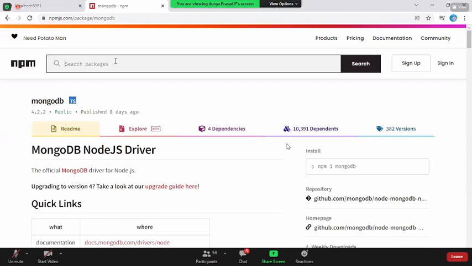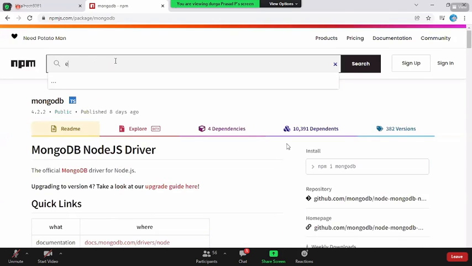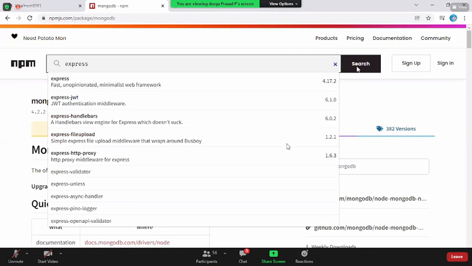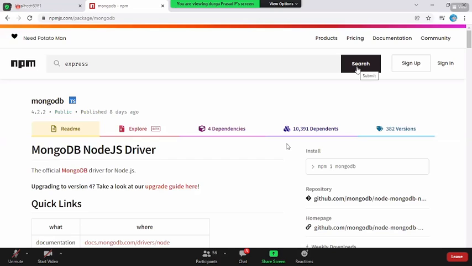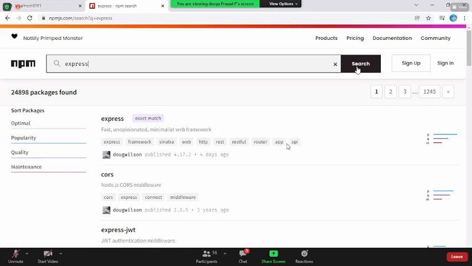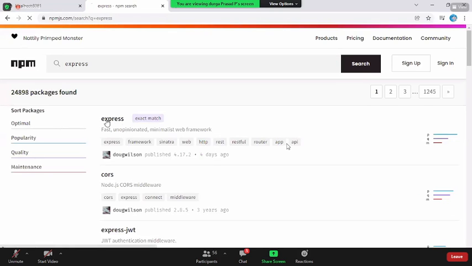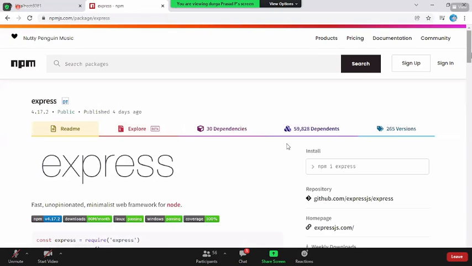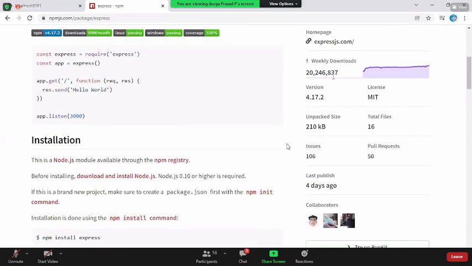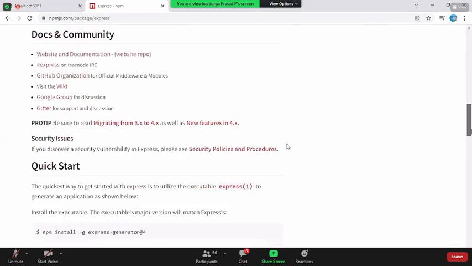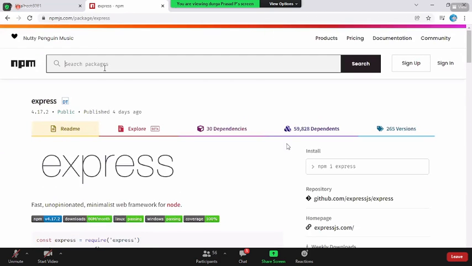And not only MongoDB, there is something called Express. I want to know something about the Express node module because I'm very new to Node.js. I don't know what method to use, where to use. You simply click on this. It will show you all the things you can use. Anytime you have to make use of Express, this is how you create an instance, app.express. Every minimum information will be available over here.